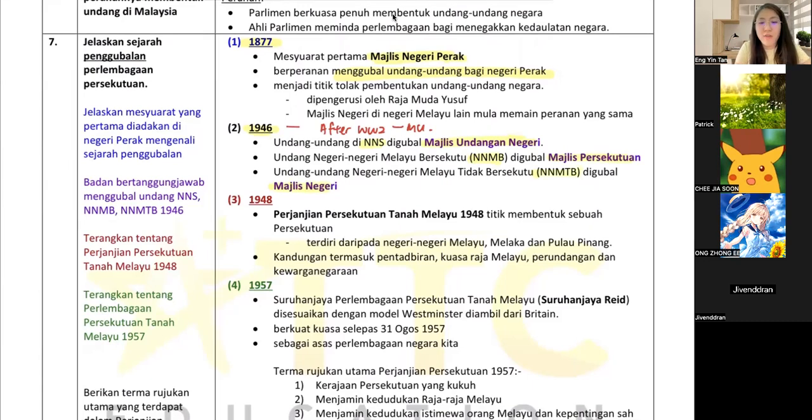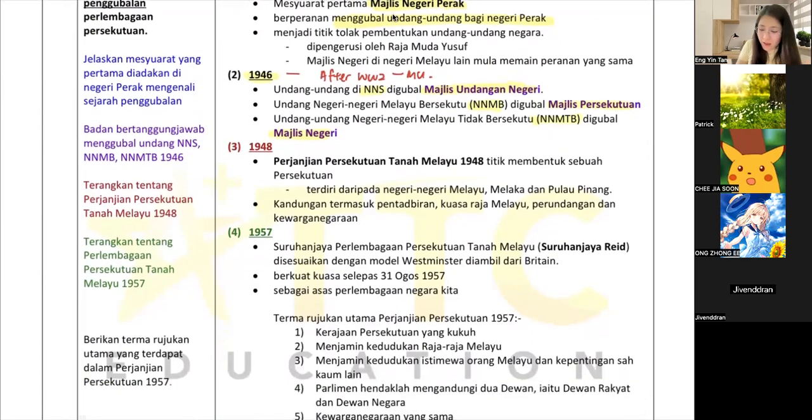Malay Union, where all the Sultan groups together to fight for their rights. Yes. Okay. How about 1948? 1948 is after all the kings. You still remember the king go against, menentang